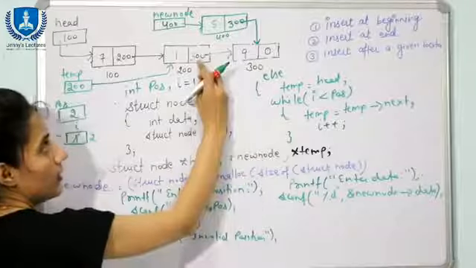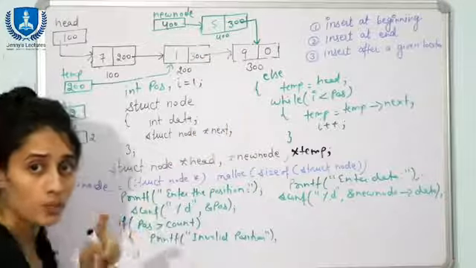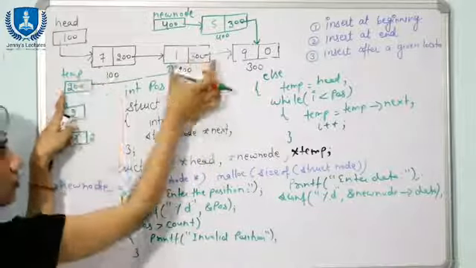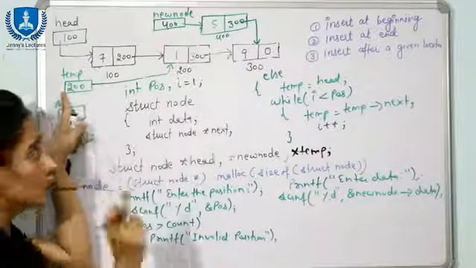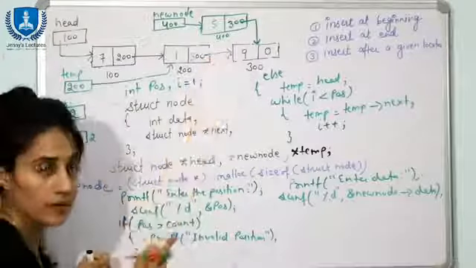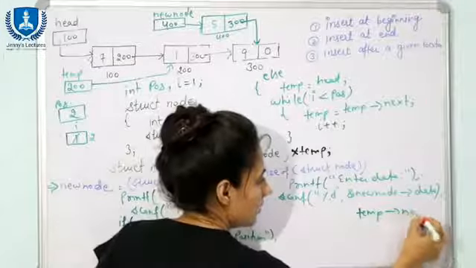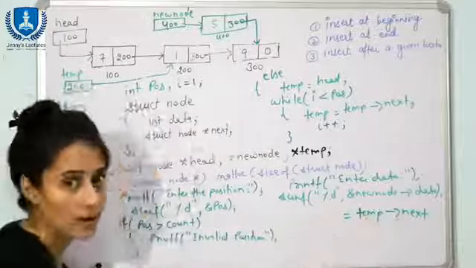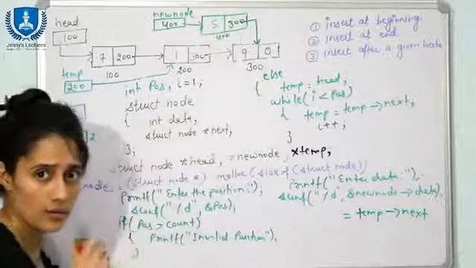See, now this 300 is stored here. How can you access this value? Using pointer, right? Because the pointer to this node is temp. Temp is going to point here. Using temp you can access both the members of this node, right? So how can you access it? Temp next. Now temp next means value 300. Now 300 you are going to store here. So here what you can write? Temp next. Temp of next means 300. So 300 you are going to store where? Here. Fine.